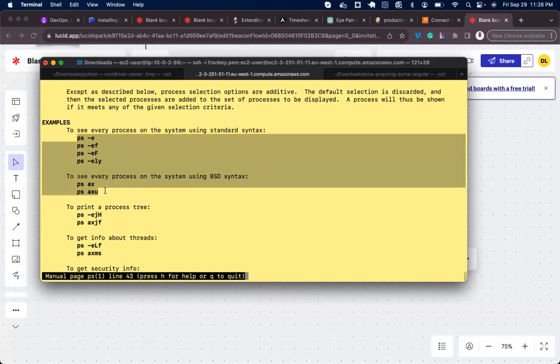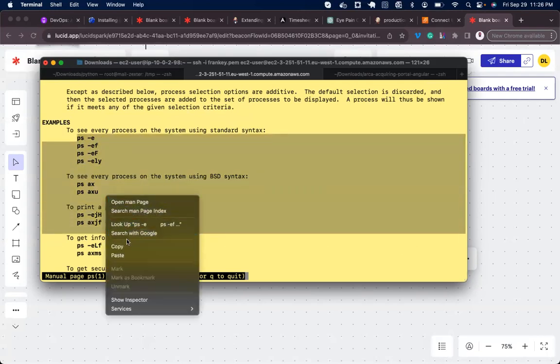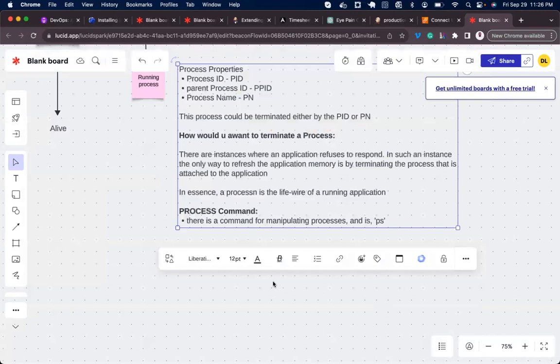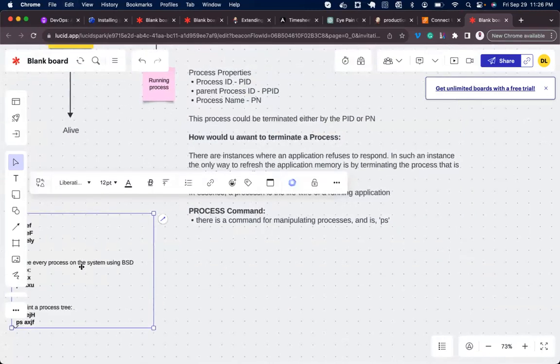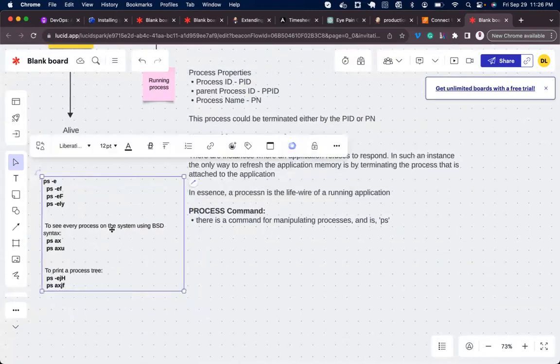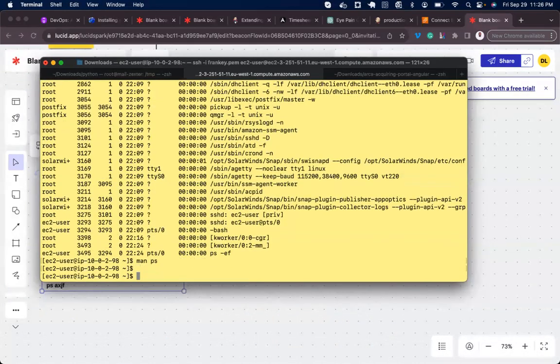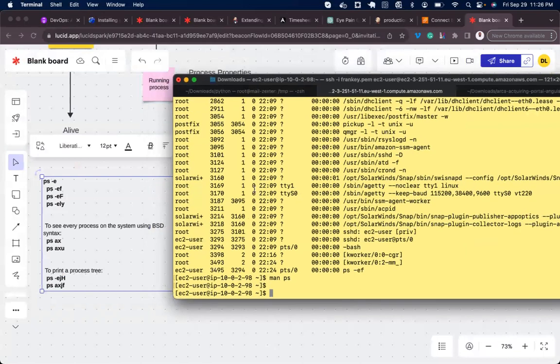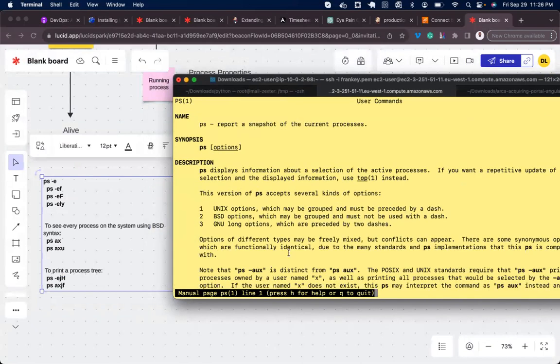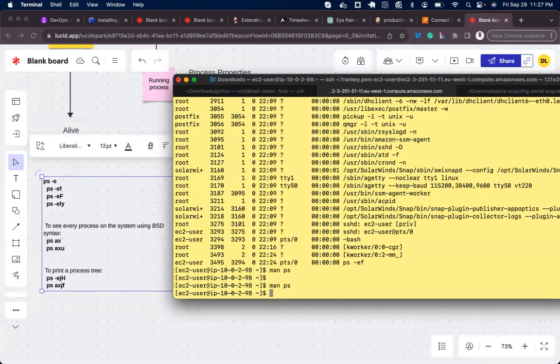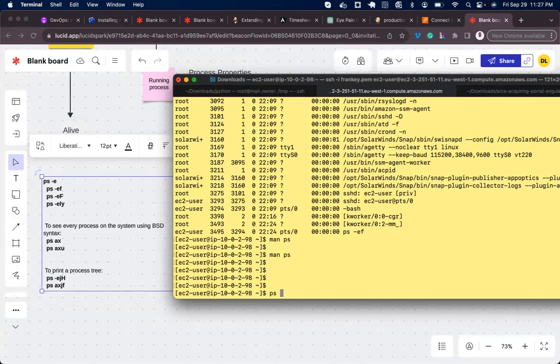Let me copy these guys and bring them over here. All right. So let's check one by one. To go out of that man page, I have to press Q on my keyboard. You can see it over here: manual page, press H for help or Q to quit. I press Q. I've quit, right? Now, PS